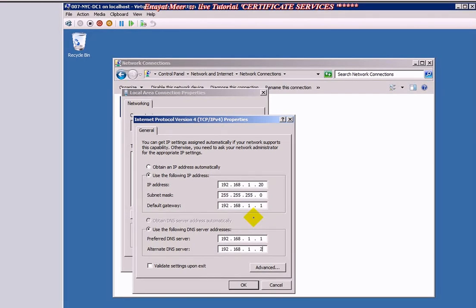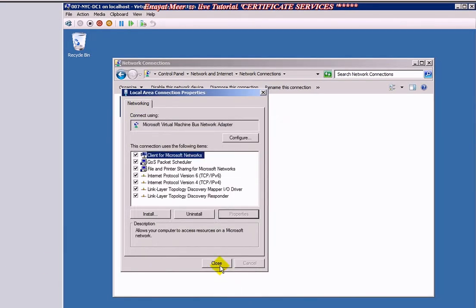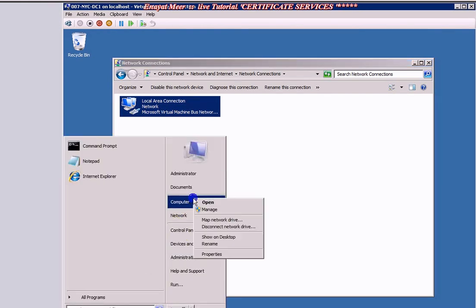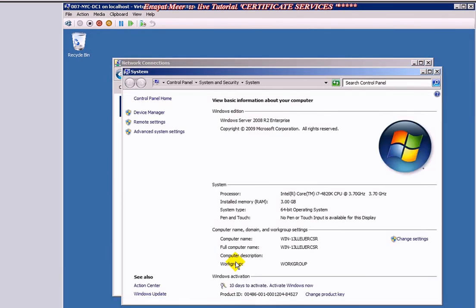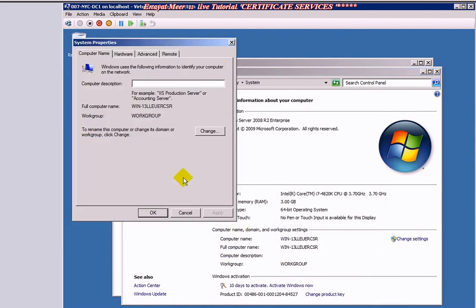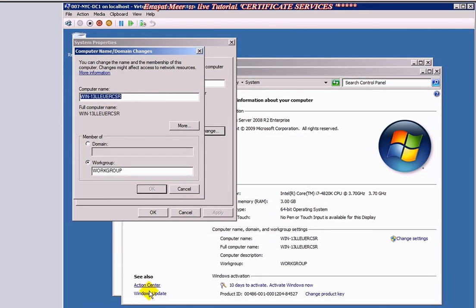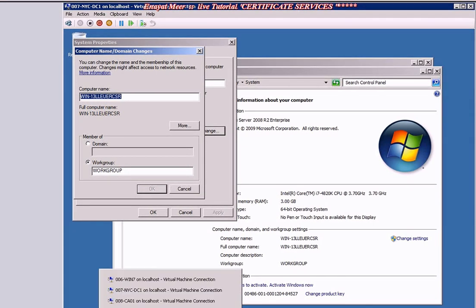At this moment I am having my preferred DNS as my ISP's provided DNS, which is actually my router's DNS, which I did integrate from my ISP. So it looks like my ISP, but it is actually my Linksys router's IP address, which is connected to my ISP. And also by default you see that when you install a virtual computer, it takes a default host name,